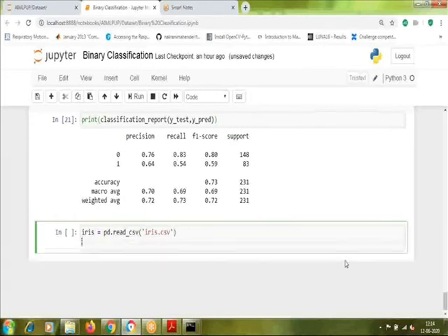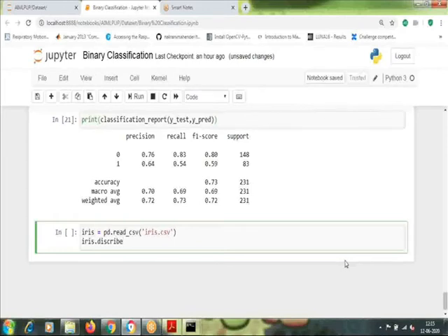We are going to see what is present in this IRIS dataset, so we are going to use describe with include all, so that we get all statistical information of all the columns.